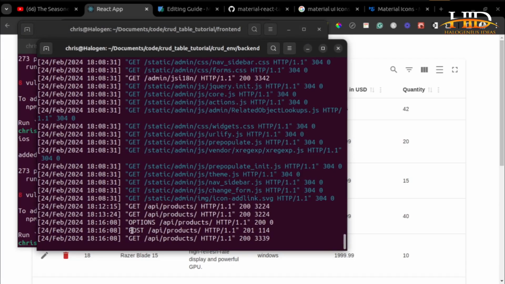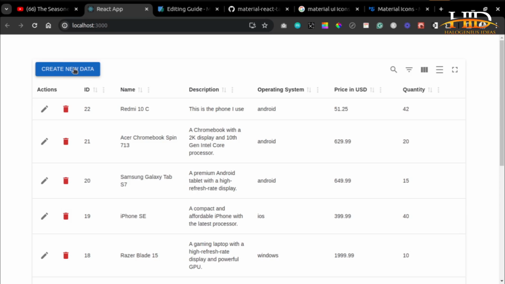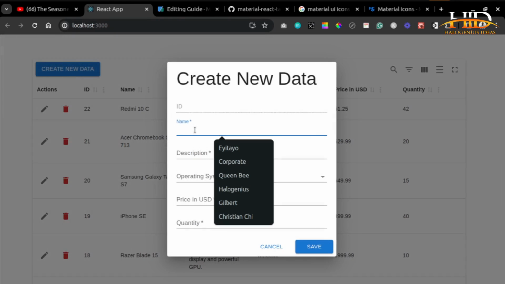You can see it posted new data just now. Then after posting it, it went to fetch current data. So that is it. The create new data is working fine. We can also test the validators. If I come here and do something like